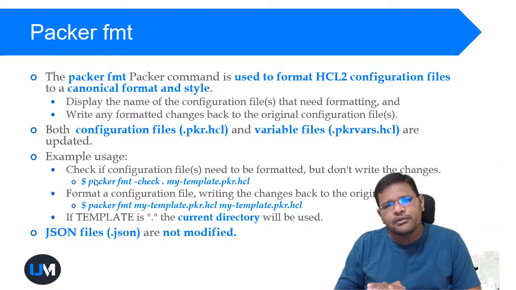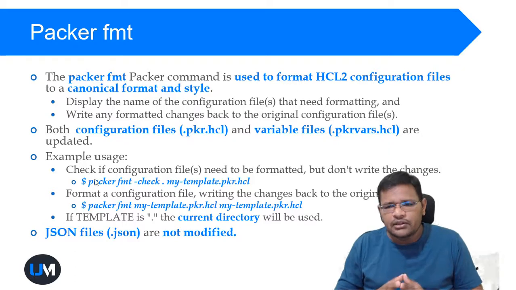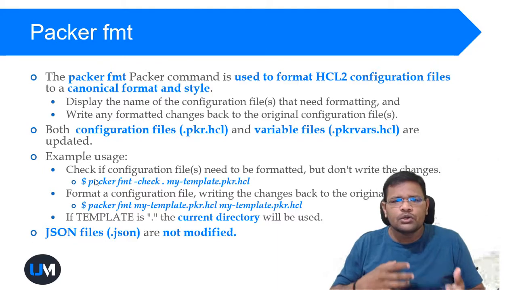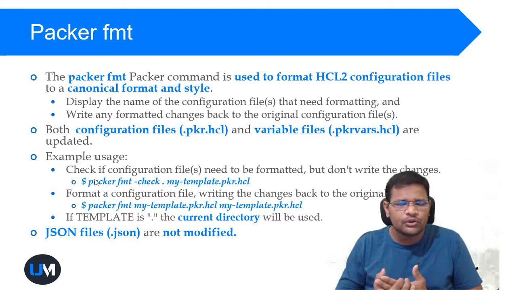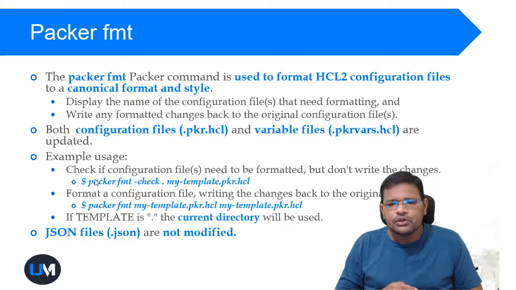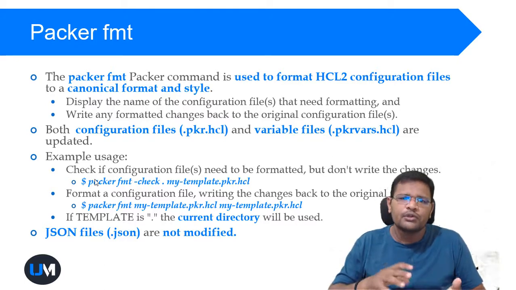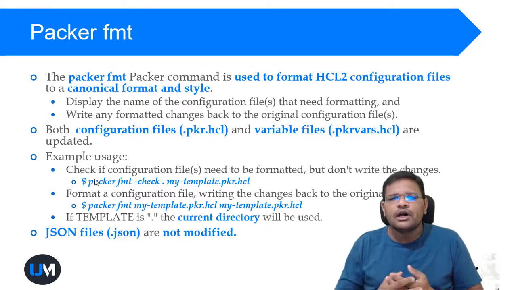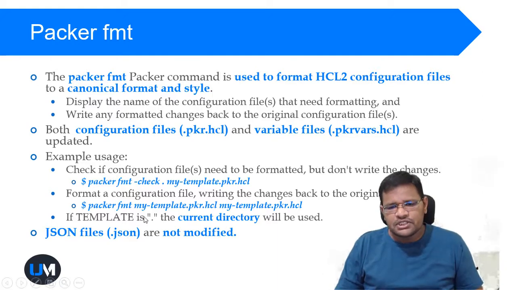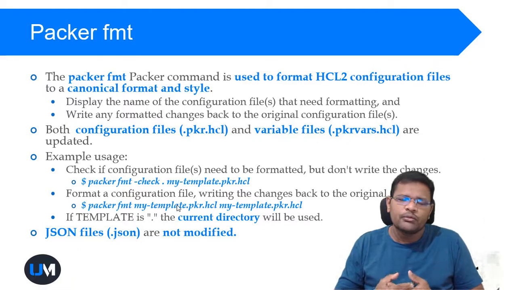So you can use the parameter option like check. So it will just check. It doesn't write anything on the original file. Again, you can override this option also. Like you want to check the file which needs to be formatted, and you don't want to write it. So you can use another option. So I will show that in the subsequent part of this video. So every time you have to give this dot for the current directory. If you want to format only a single file, you can give the single file. Or if you give dot, it will check the complete directory for these files. So JSON files won't be modified because it is an updated version.